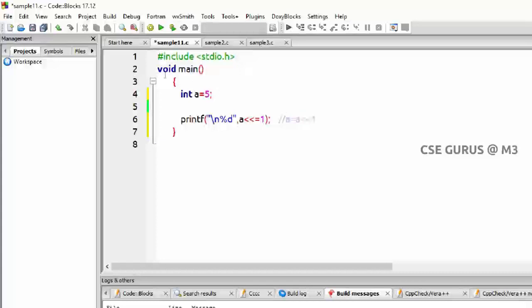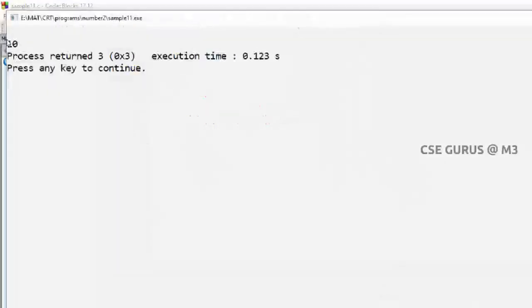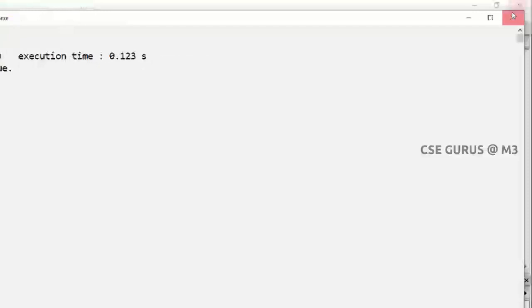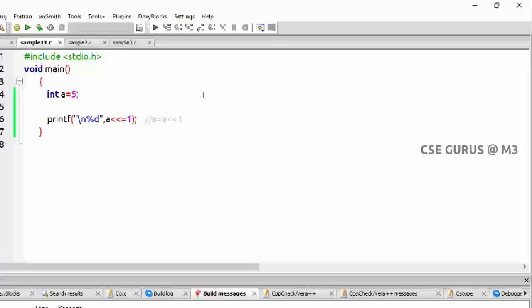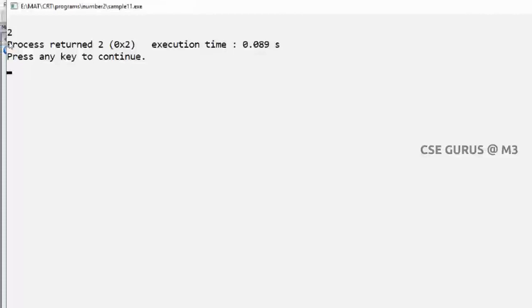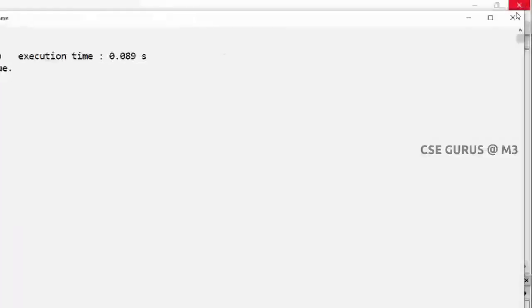If I left shift a, the value 5, we know the answer is 5 into 2 power 1, which is 10. So the 10 is stored again in a, and you can see that value, 10, directly. Similarly you can do it for right shift also. This is not an error, and you are getting the value 2.